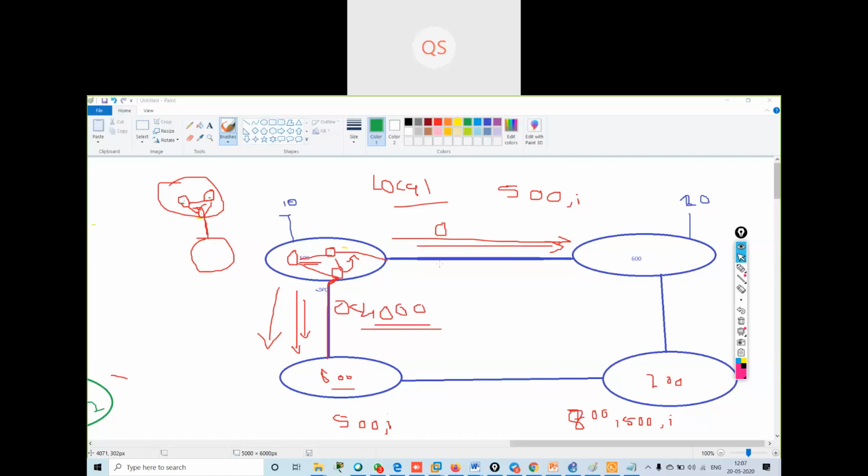Okay, so understood this thing. To overcome this, when we have multiple exit paths, we can use something known as local preference. Now, what is local preference?